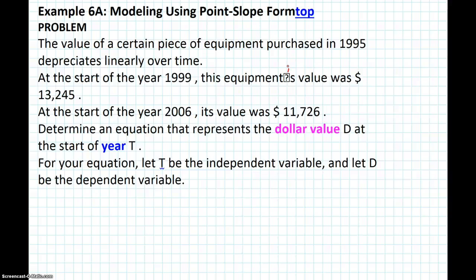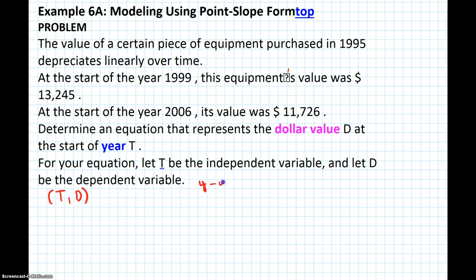For the equation, let T be the independent variable and D be the dependent variable. So we've got T comma D. That's my ordered pair. Okay, T is my input, D is my output. Since we've been working with point slope form, we're going to stick with that. So we know this is